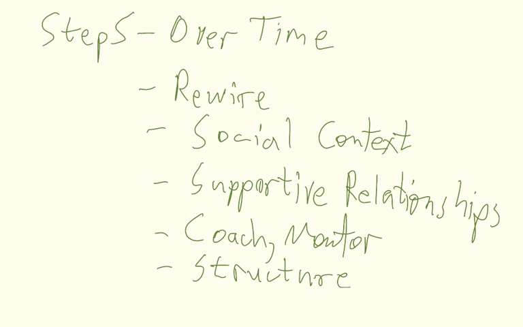Step 5 is to apply your plan over time. It takes time to get good, to implement, and to have sustained change, intentional change. You're literally rewiring your brain and the brains around you, hopefully, by moving into this more positive environment. And you have to apply this in a social context, and you have to have supportive relationships in that as you practice until you get real good, as you develop these skill sets.